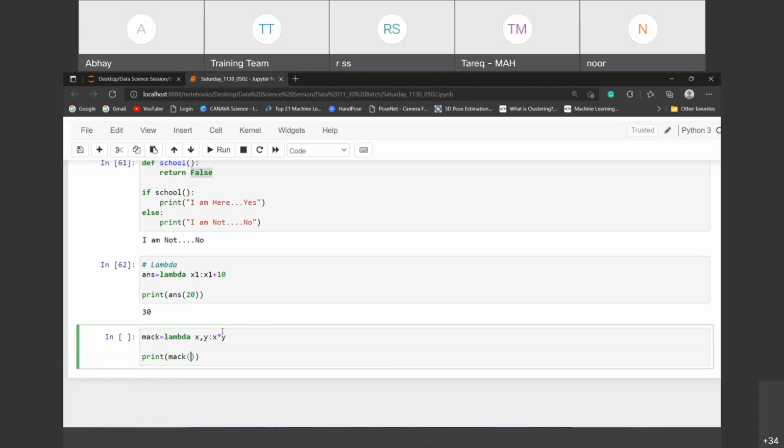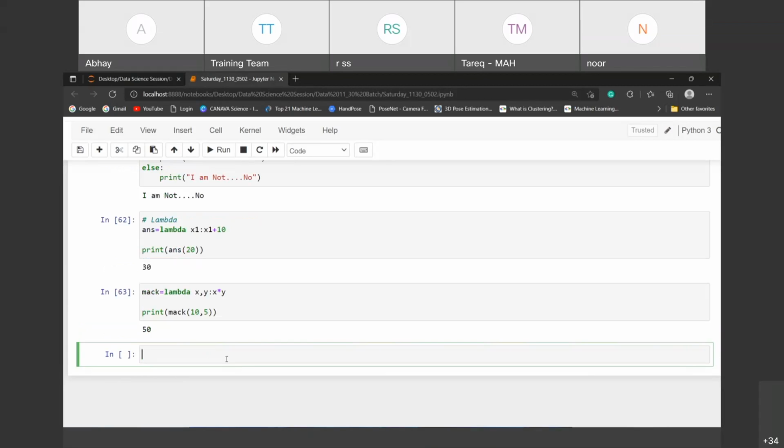Suppose 10 comma 5. 10 goes into x, 5 goes into y, and check out what happens: 50. A single line expression is what lambda gives you. No need to take big steps like the initialization process. If you want multiple variables, you can pass them here.